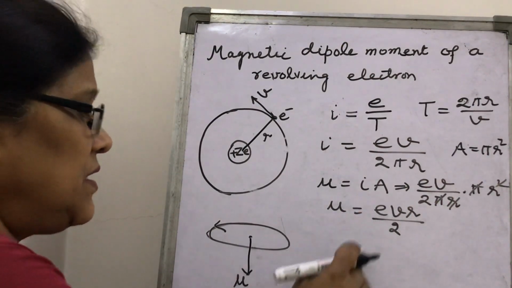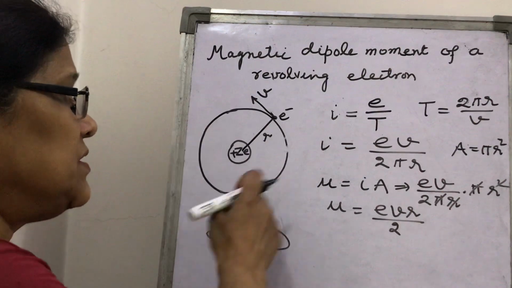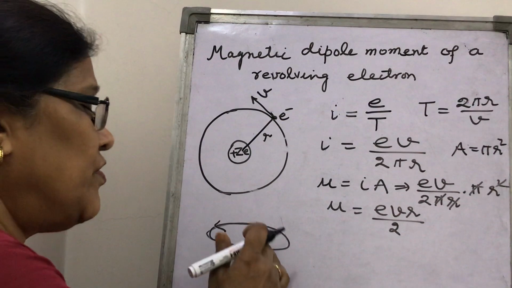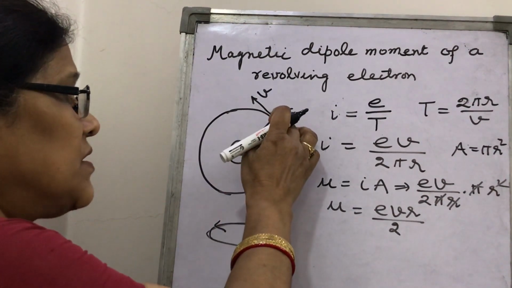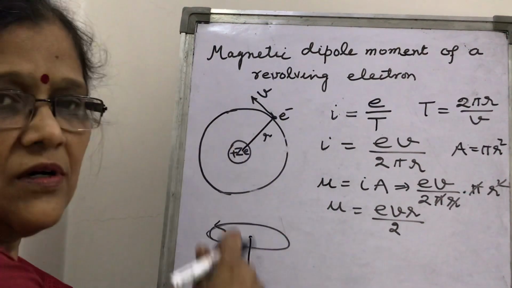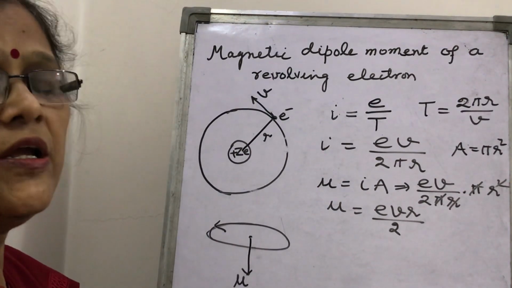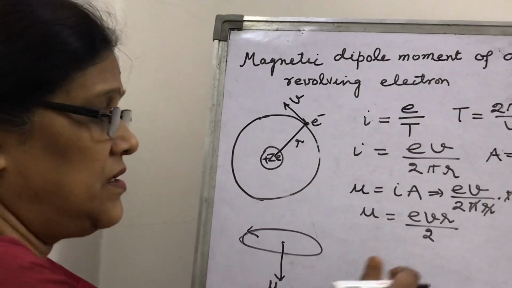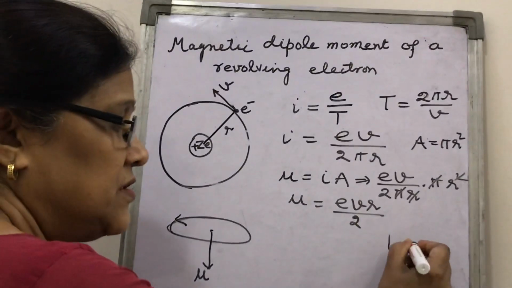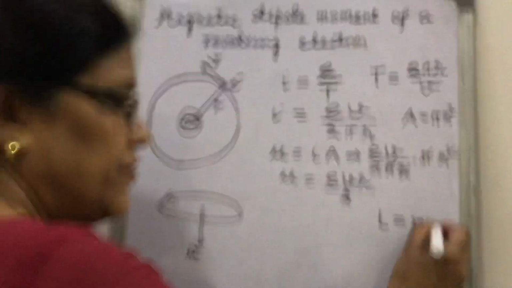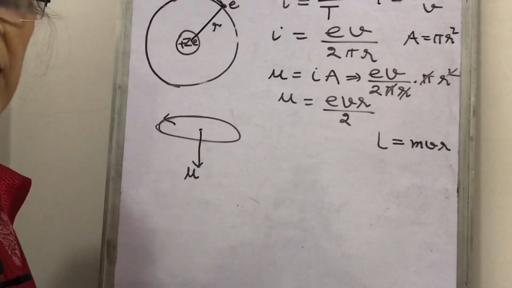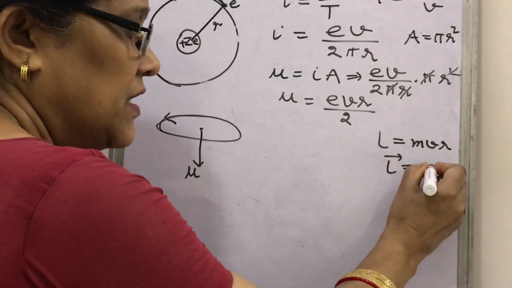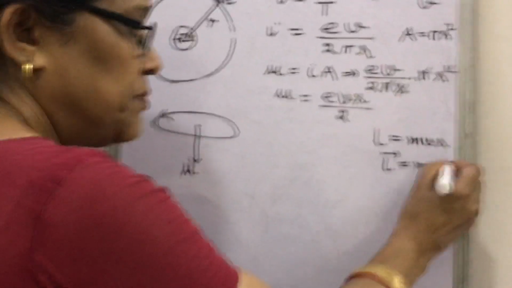Now, what is to be done? If this is the electron which is in uniform circular motion, then in the uniform circular motion, the charged particle, the electron, is moving along a constant path, so it will have its angular momentum conserved. Write the formula for angular momentum. The magnitude of angular momentum is given by m v r, and it is a vector quantity. In the vector form, it is written as L equal to r cross p.